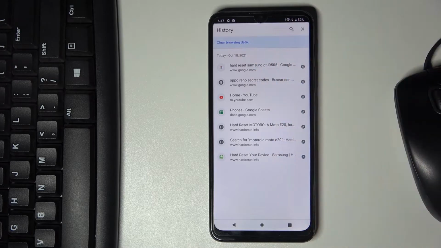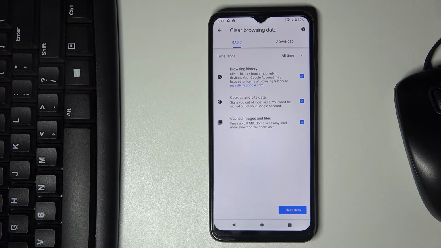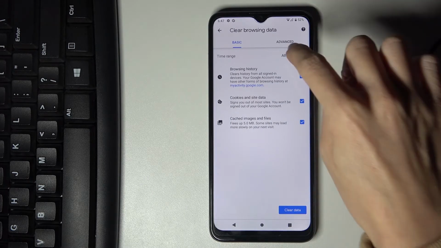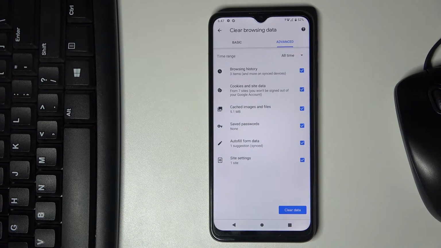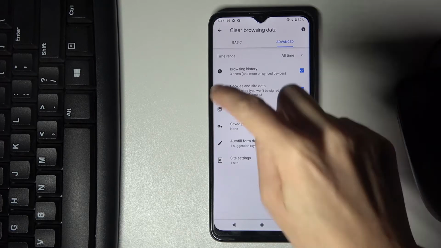Here, select Clear Browsing Data, and you will see basic and advanced options. So mark those that you would like to remove. I would like to perform a full cleanup, so I will mark them all, like browsing history, cookies and site data, cached images and files, saved passwords, autofill form data and site settings, and then just select the time